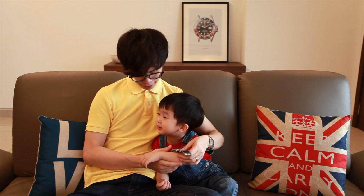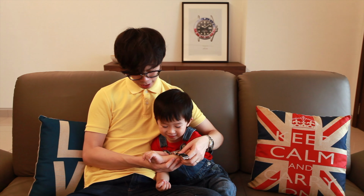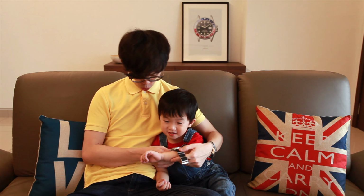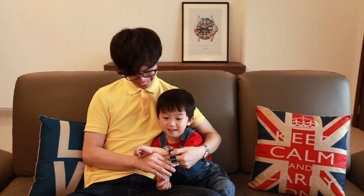And Daddy buys a children's watch. A children's watch for who? Me. For you? Yes, and for Kaden too. Do you want a Tudor Black Bay for children? Yes. Okay, we'll ask Tudor to make one for you, if that happens. Okay? Right, yeah, let's...